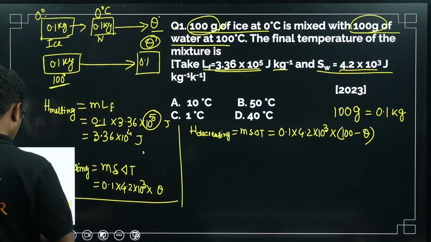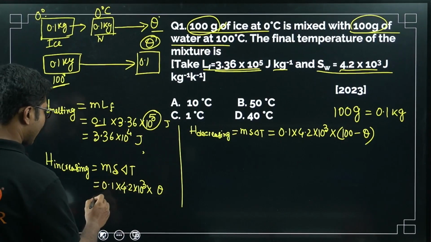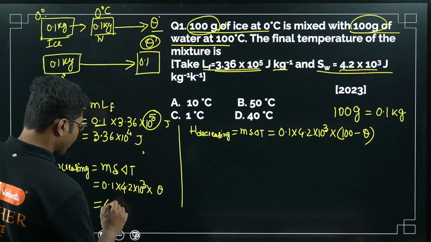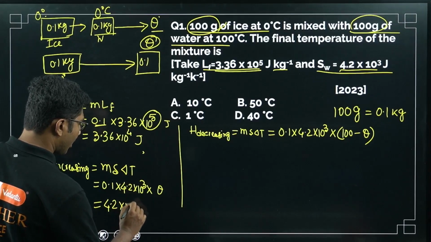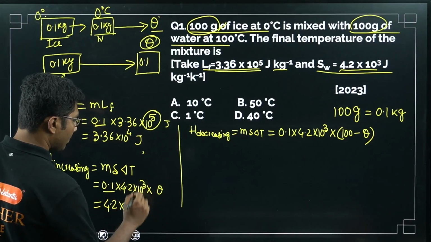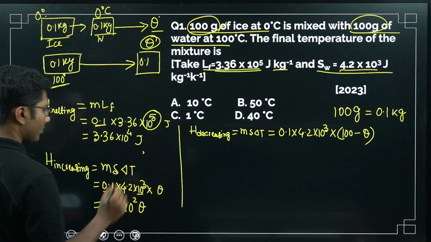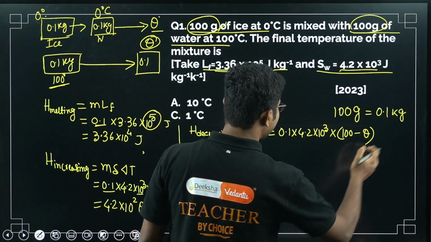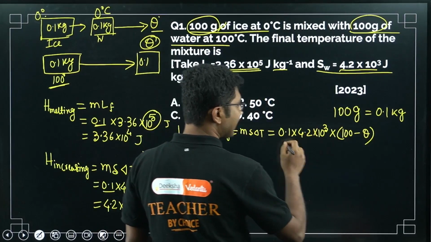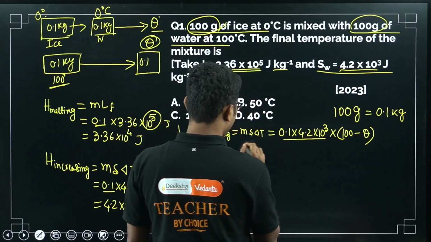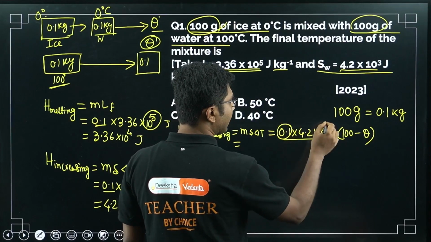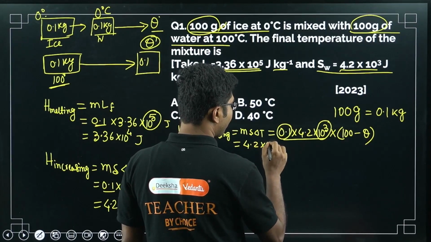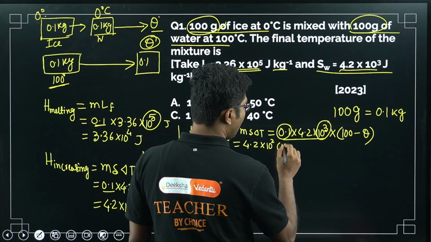So let me simplify this a little bit so that you can have a good value here. 4.2 times 10 to the power of 0.1, 10 to the power of 3, 10 to the power of 2 theta. Okay, so this is the increasing value. What is the decreasing value? We have to divide it and again calculate it, but what we will do initially, at least we reduce this part. Okay, so what we will do is 0.1 and 10 to the power of 3, they will cancel each other by 10 to the power of 2, so we can write this 10 to the power of 2,